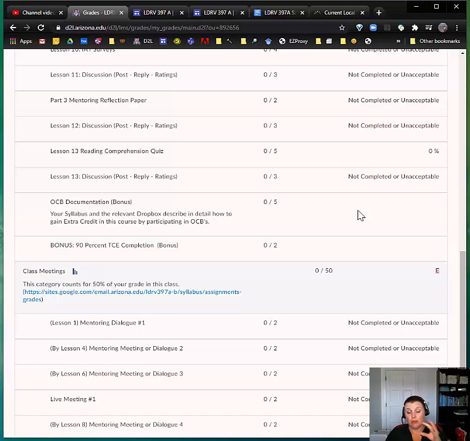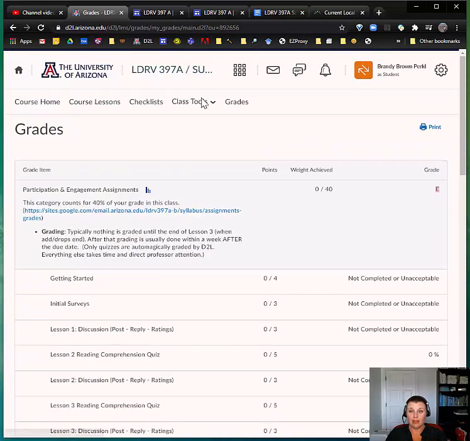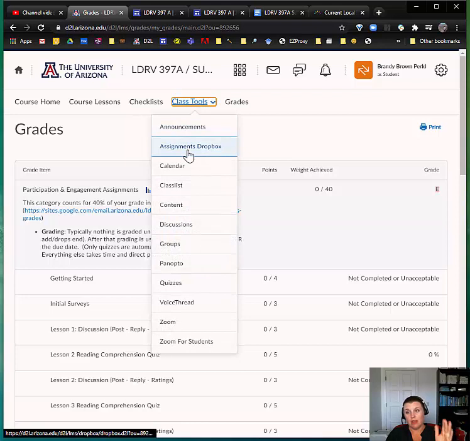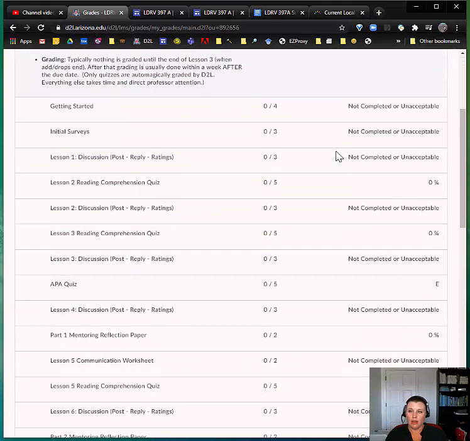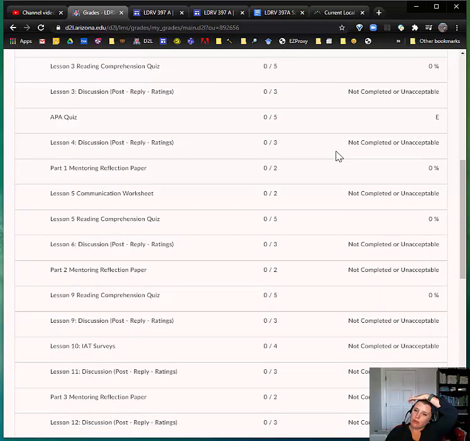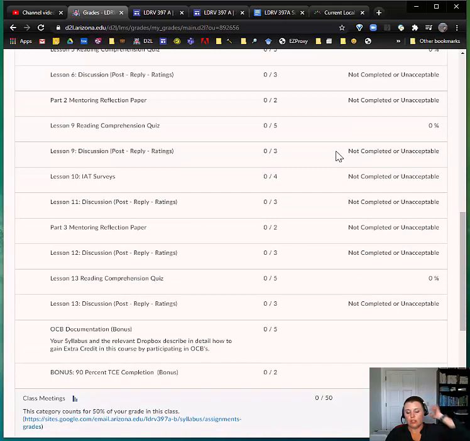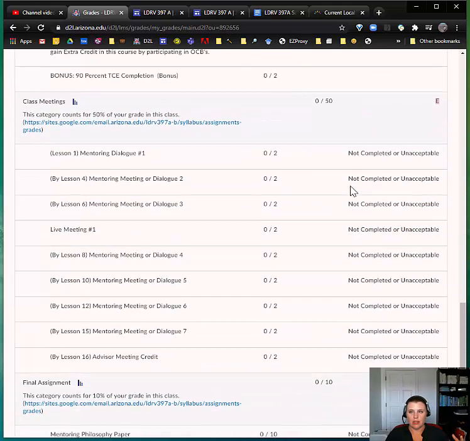And if that's what you need to get, you may need to go straight to that assignments Dropbox, and then over to the right of your assignment submission, I believe it'll show you how to access your feedback, and you can do that. There's also help pages for D2L if you can't find it, but I'll note to you if I've left you audio feedback and feel like you need to do that. But this should walk you through your grades.